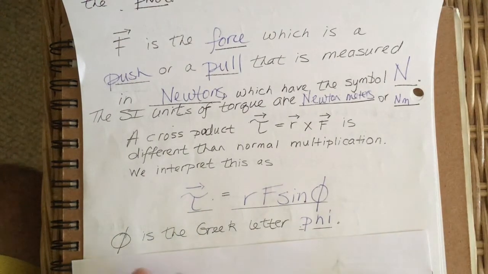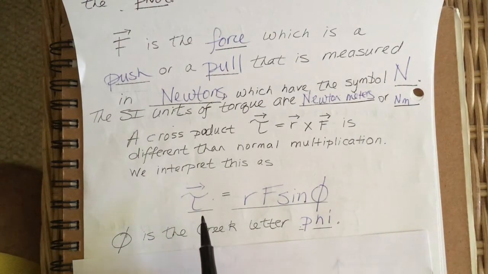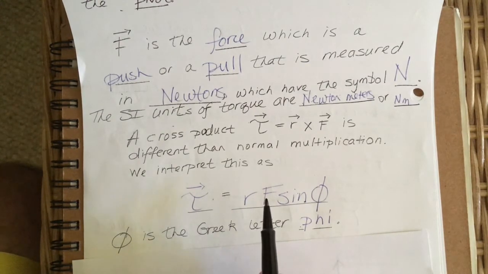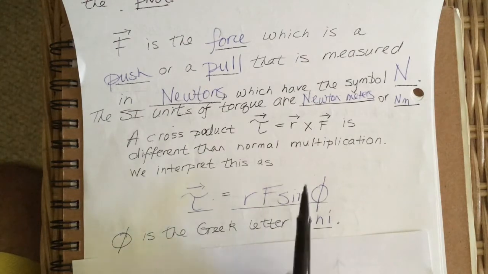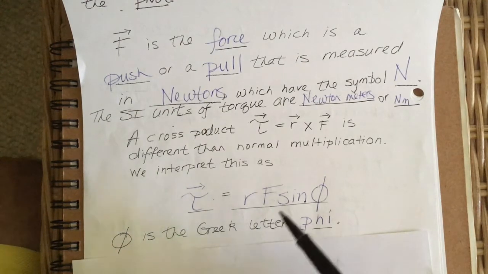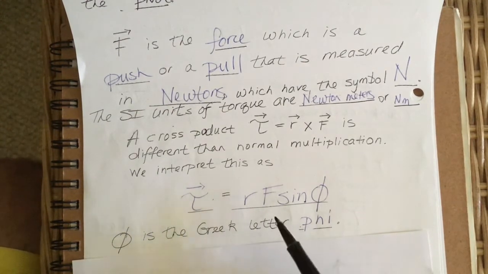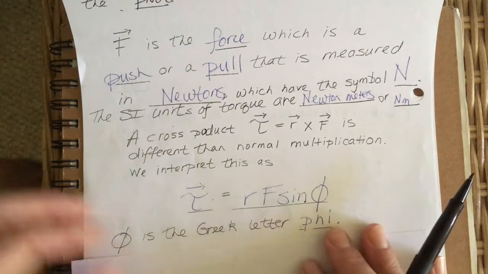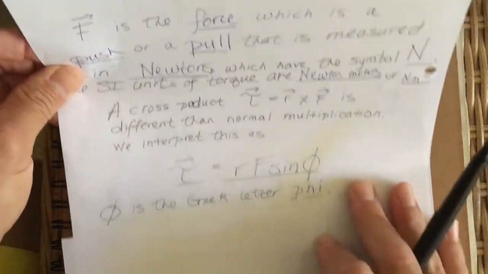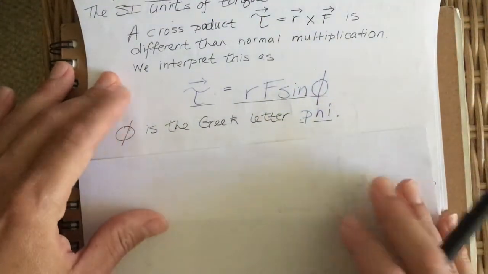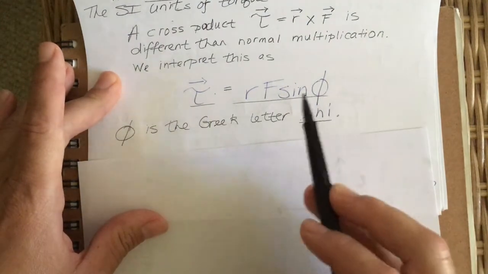And so here's our equation for torque then. Torque equals the magnitude of the distance times the magnitude of the force times sine phi. We don't attach a sign to it because the sign, positive or negative, comes from whether it's clockwise or counterclockwise. And we'll attach the sign there based on that. So anyways, phi is the Greek letter right here,